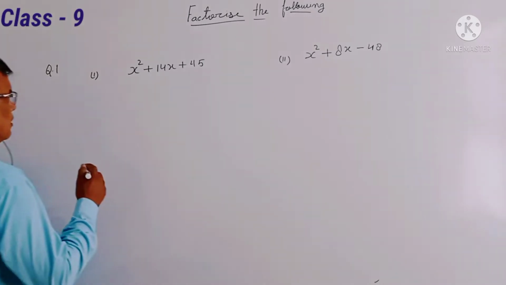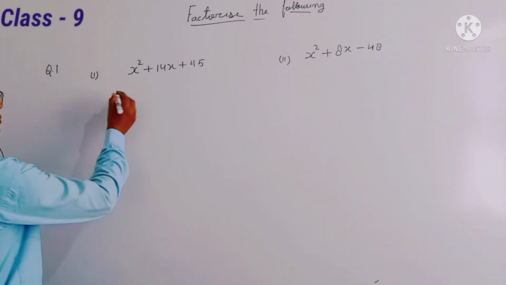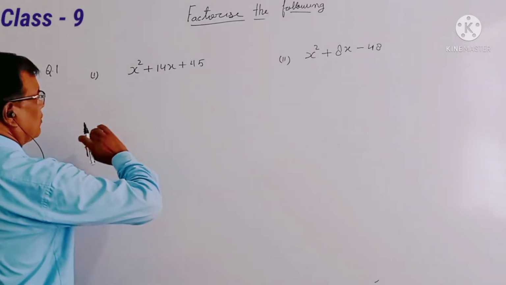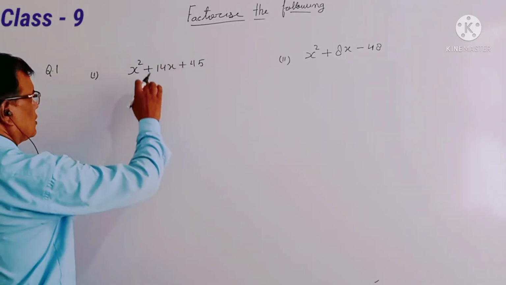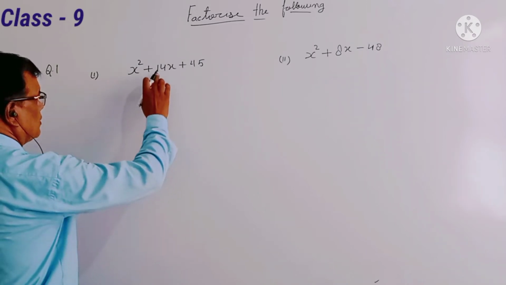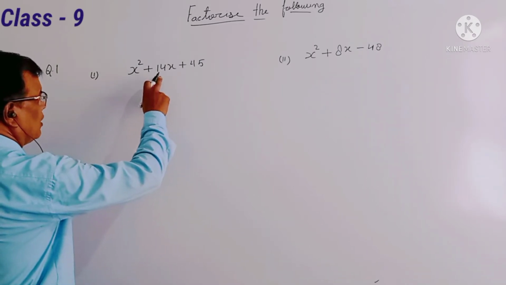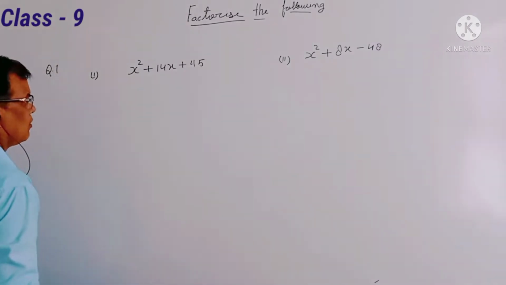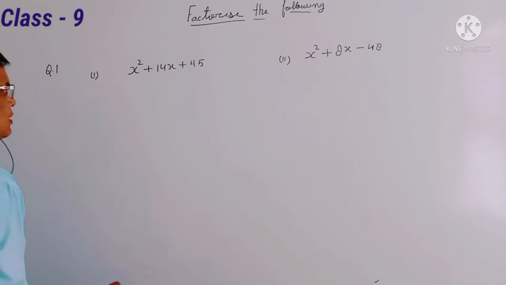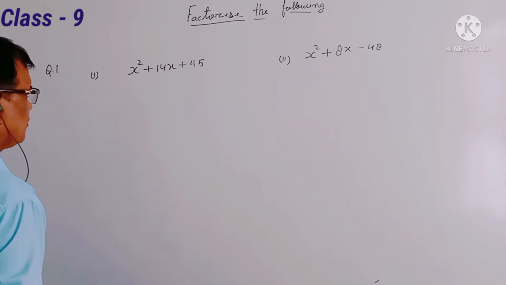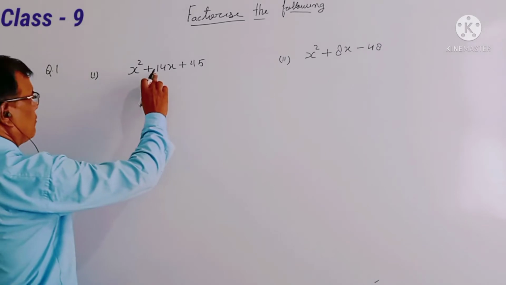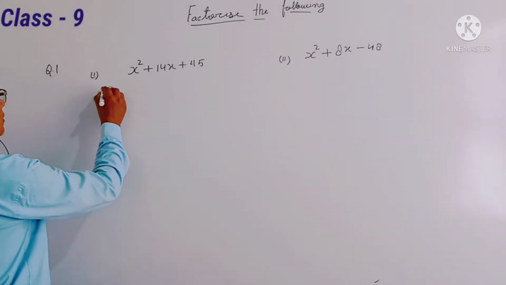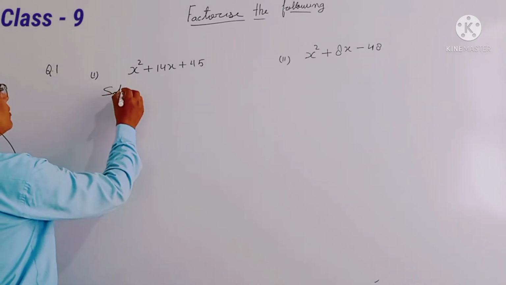Now we are going to solve it. First we think 1 into 45, 45. Then we split it this way, so that the sum is 14 and the product should be 45. Now we think what: 9 times 5 is 45, and 9 plus 5 is 14. Now we're going to solve it. Now the solution of this one